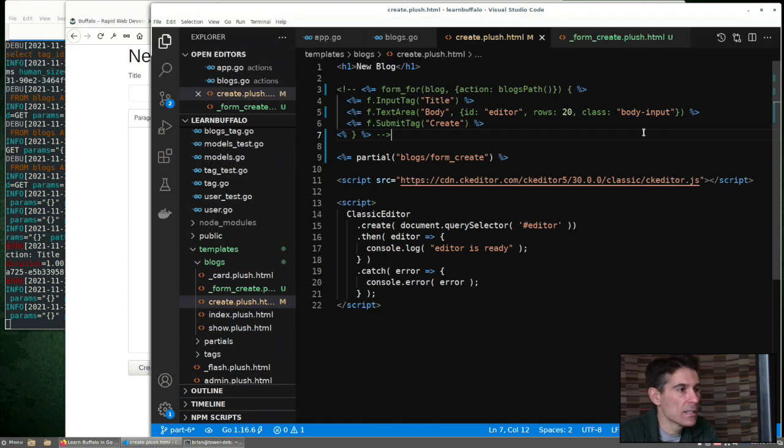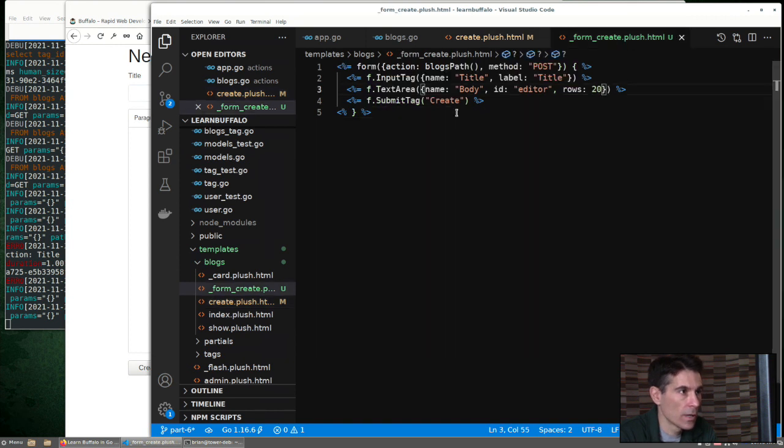Okay, so the less easy way would look like this. If we comment out our form for and add this partial, here we have this partial. So instead of form for, we just do a form, and Buffalo doesn't know what the form is for. It lets us build it. We define the action and the method,